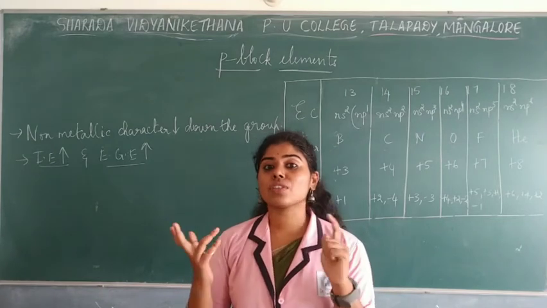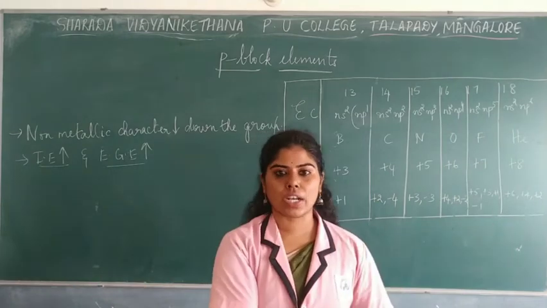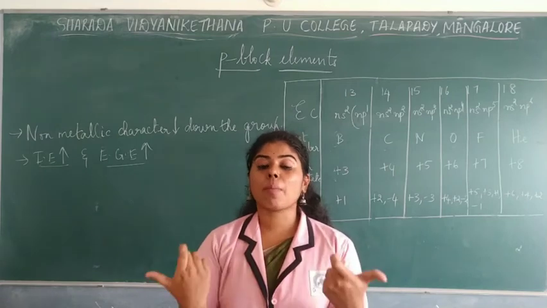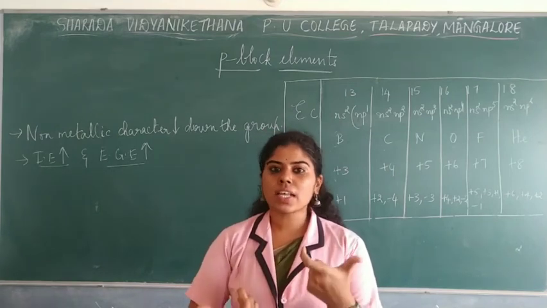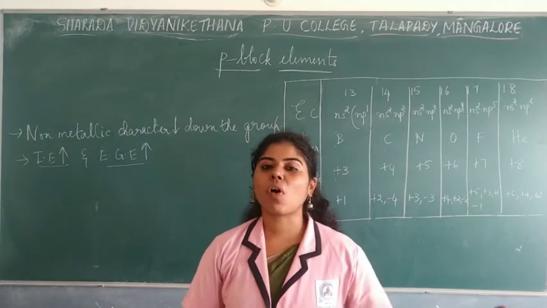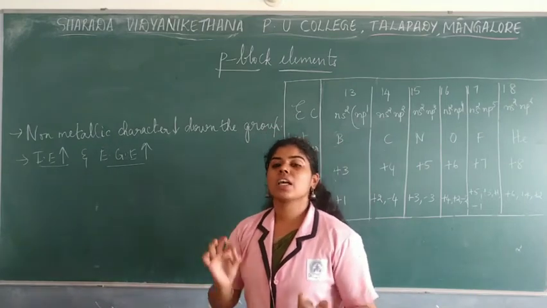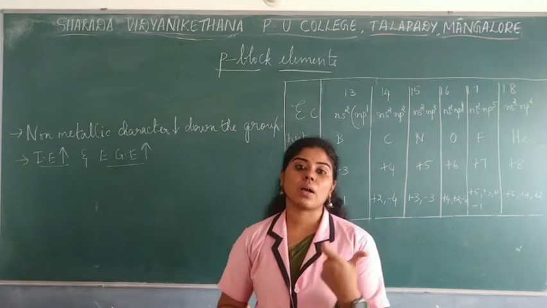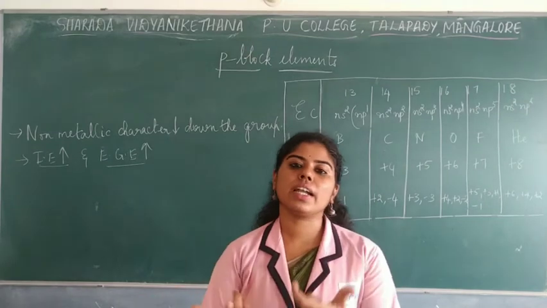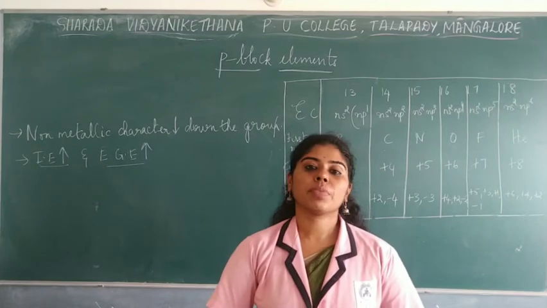But in the case of two non-metals combining, I said metal and non-metal would be ionic, but when two non-metals combine, their bond would be covalent in nature, because the difference in electronegativities is lesser. In the case of ionic bonds, the difference in electronegativity is more, right? So always when a bond is formed between a metal and a non-metal, it is usually ionic in nature, whereas covalent bonds are usually between two non-metals. So this is one thing to be noted down.